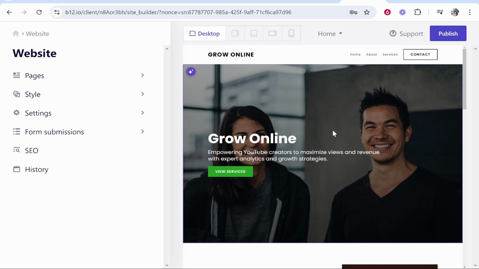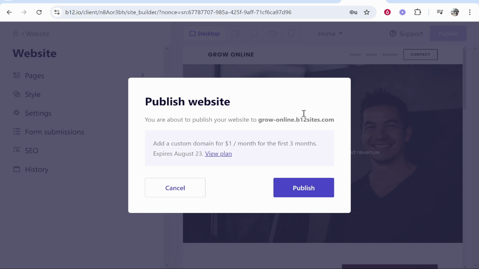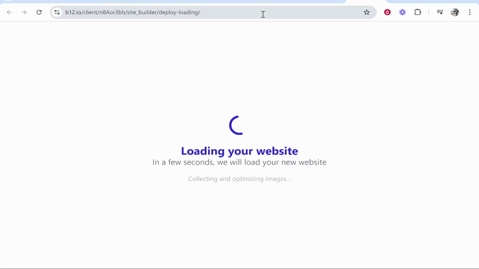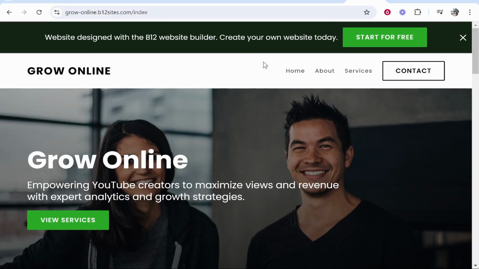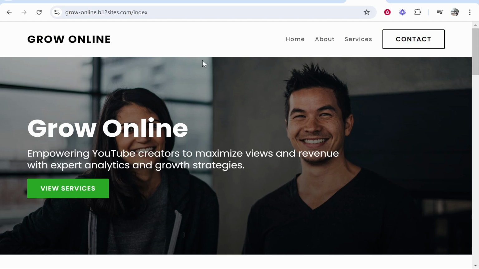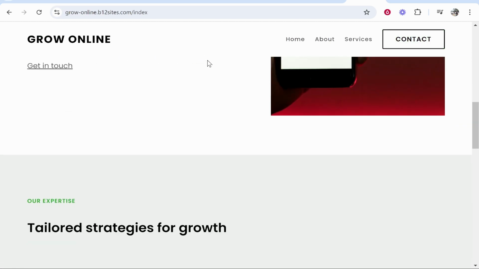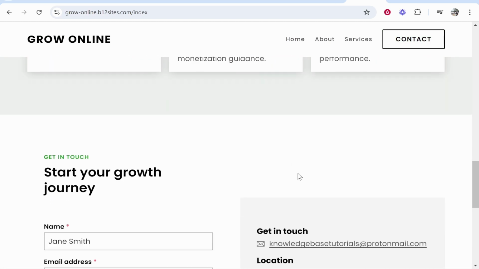Now, if you're creating a service-based website, you only need to create it once. And we've pretty much got ours straight away. You can then go ahead and publish. And what you can do, you can publish it to their custom domain name, or if you want to add your own domain name that you own, you can do so via this plan. So we can just publish this right now and it will publish to their domain. And there we go, it's now published and we are going to have this advertisement if we don't upgrade our plan. But to be honest, look how great this website is, all designed with AI,